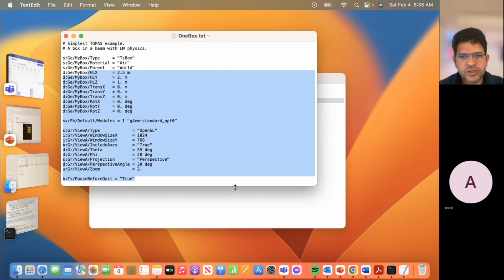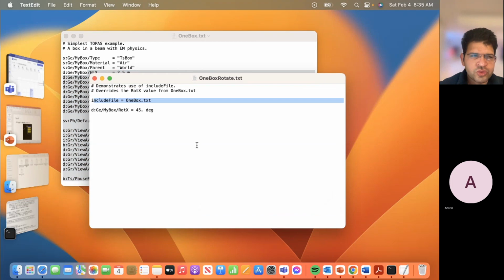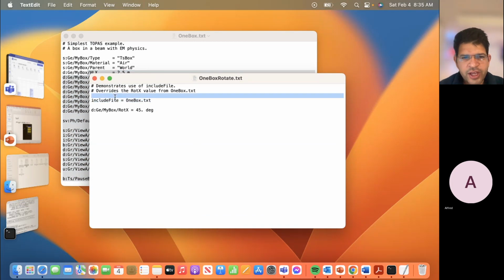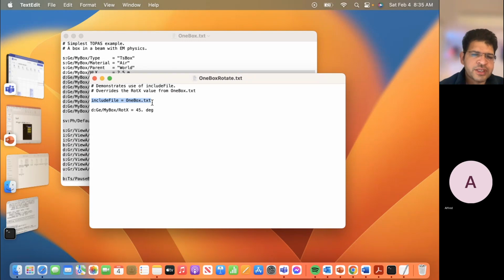Maybe you want to divide it into two files, and then you simply say include file, and you put the name of the file. So you put physics in one file, geometry in another file, and then the scoring parameters or other kinds of things in another file. Maybe you will have different files to manage, but